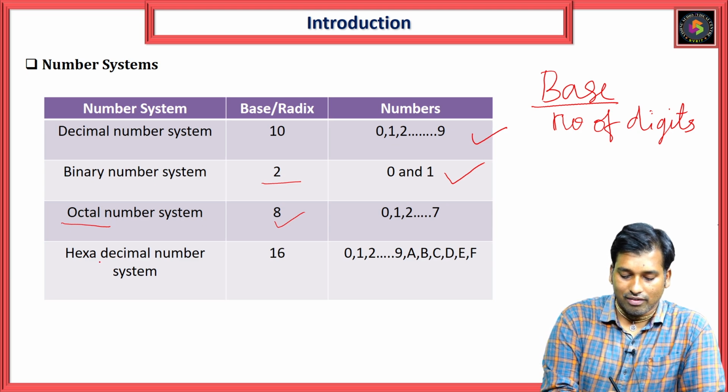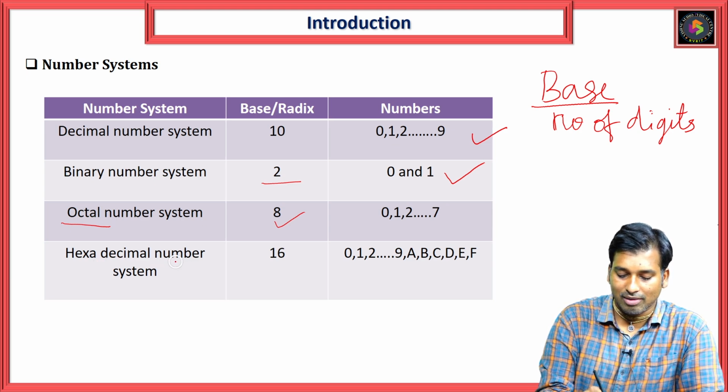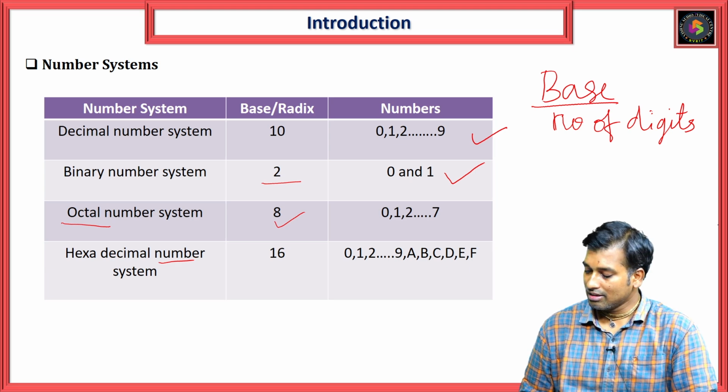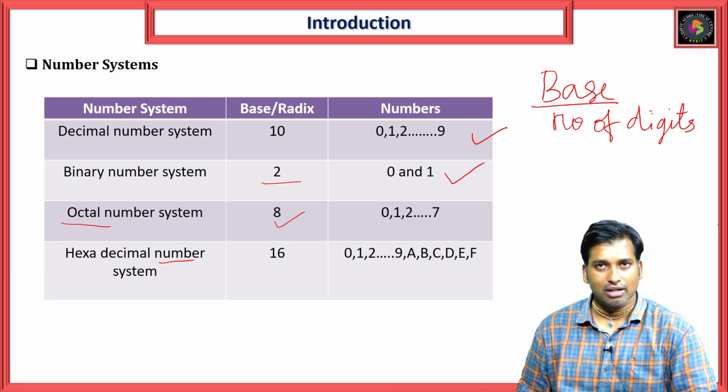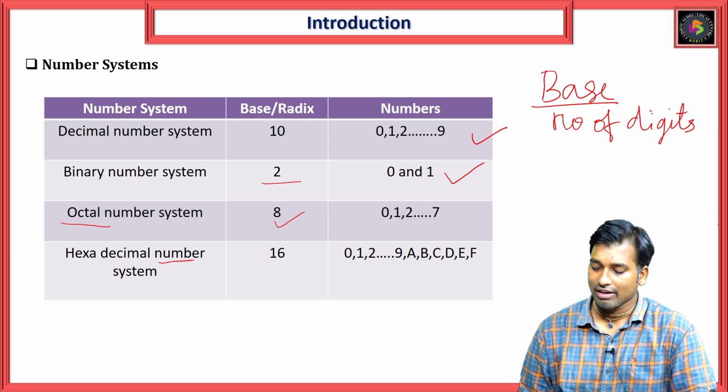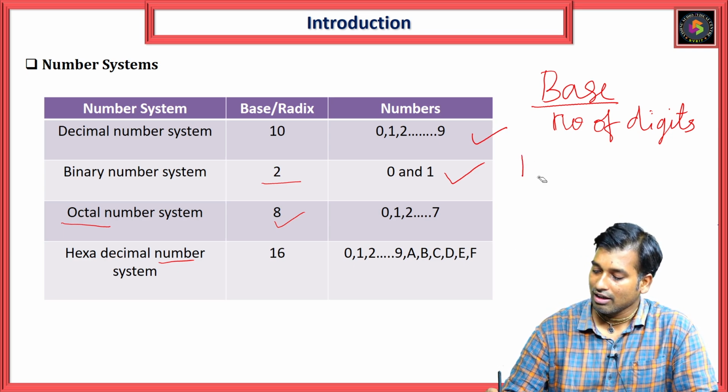Finally, we'll also learn about the hexadecimal number system. Hexadecimal number system contains 16 digits. So as I said, 0 to 9 is similar to decimal number system, whereas decimal 10